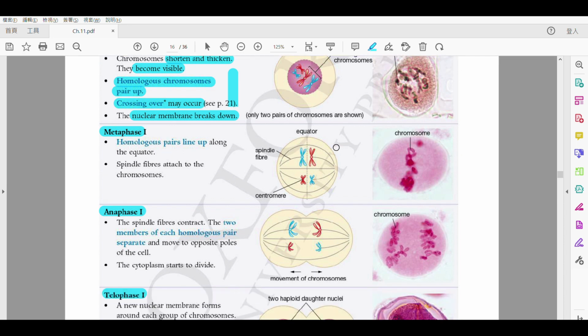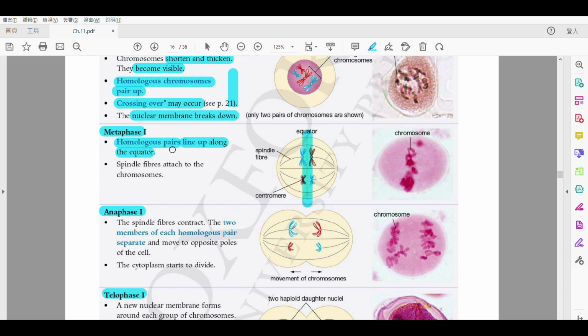好，and then metaphase. So as you can see, if you still remember, normally for mitotic cell division, they are all lining up on this equator. 佢哋全部同一直線，係同一直線排列嘅。But now for this meiotic cell division is different. 佢哋係咩啊？佢哋 homologous pairs line up, not chromosomes line up 啦，along equator 得唔得？